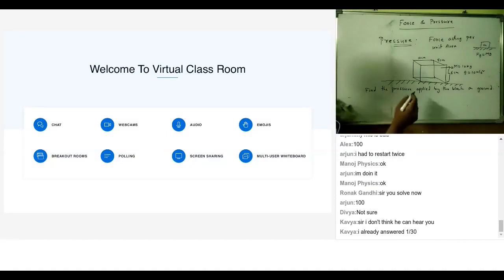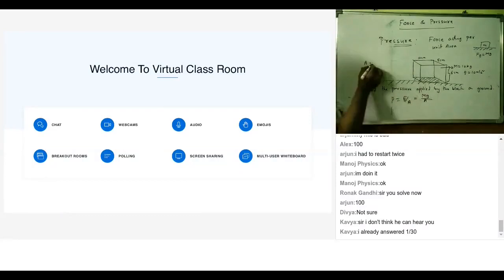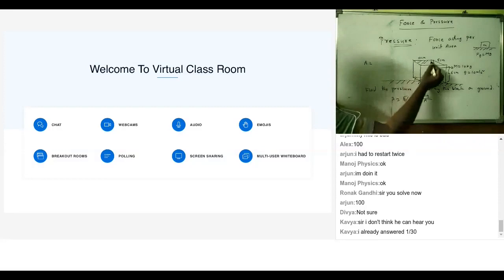So let's see how we do this. Now, what is pressure equal to? Force per unit area, right? So how can I write what is force? Force is mg, here, as per Ronak's choice, mg by area. What is the area, on which part is it acting? This part. So how much is the area? Sir, 30 centimeter. How was it 30, sir? No, sir, 300 centimeter. So on which face is it resting?